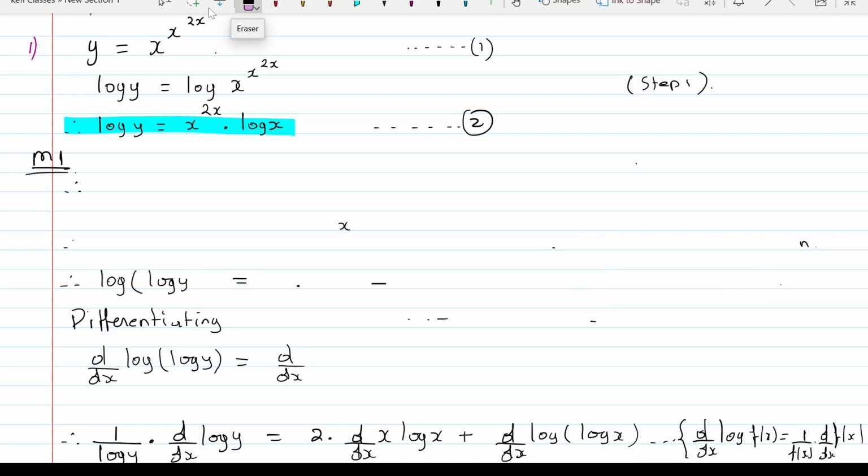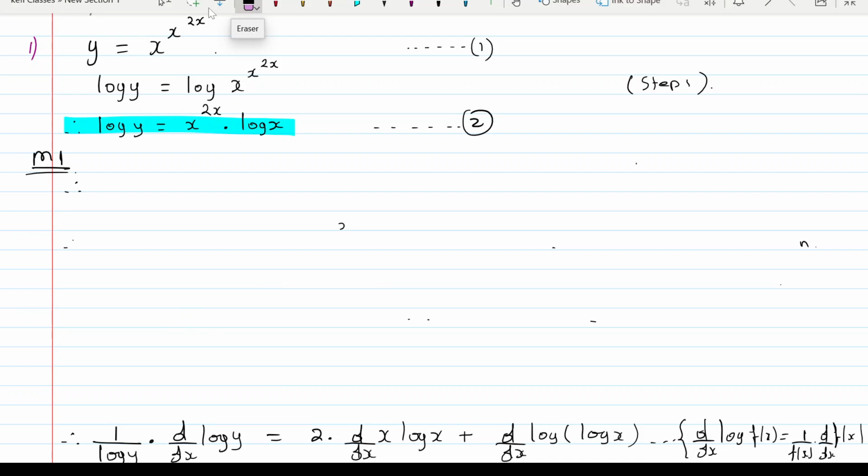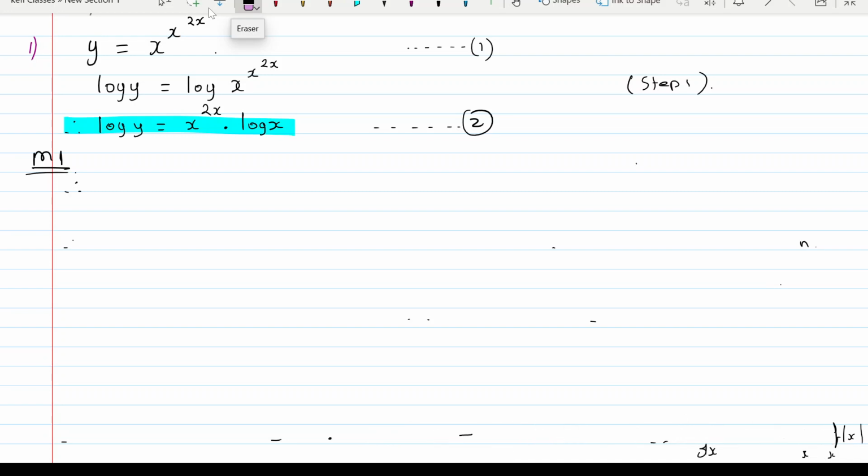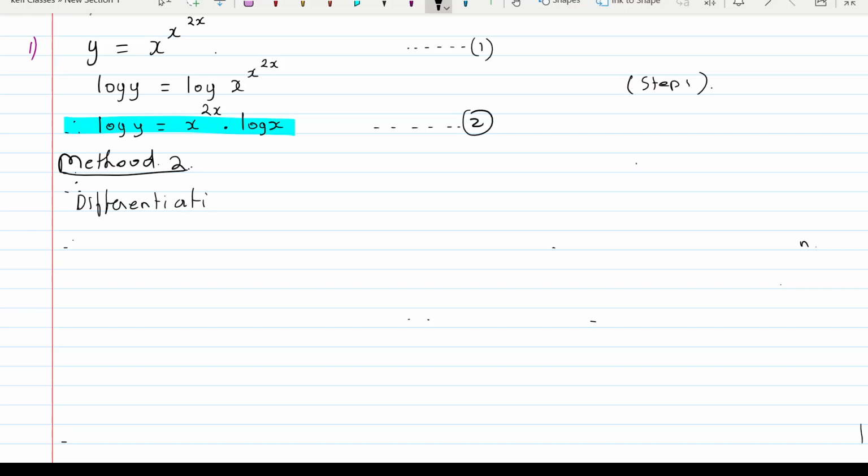So method 2 starts. Method 2 is going to be, instead of taking log again, वापिस इधर log लेने के बजाय what we do is we take derivative directly. Okay, differentiating equation 2 with respect to x, we